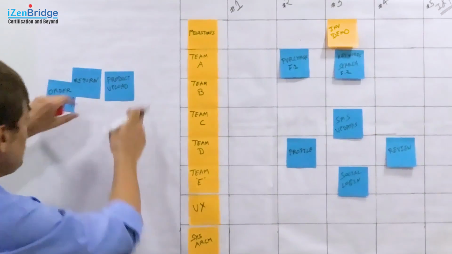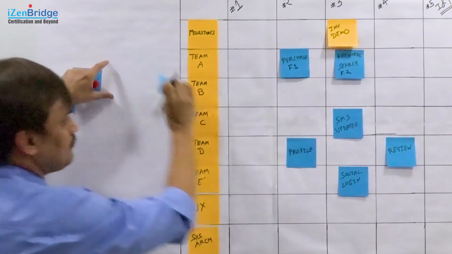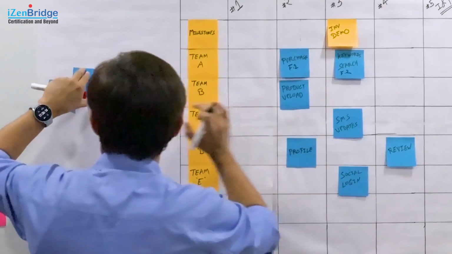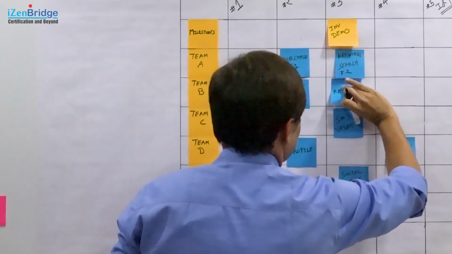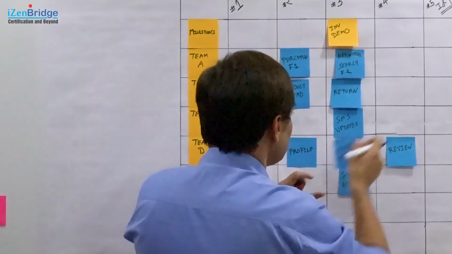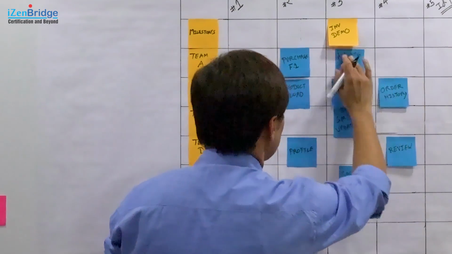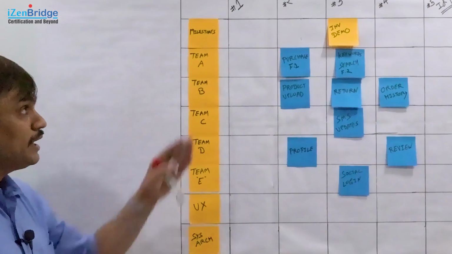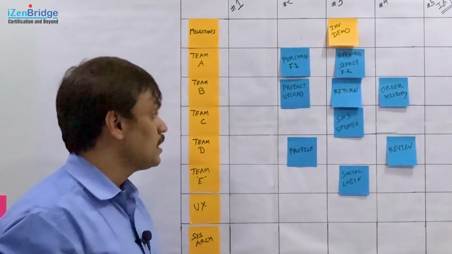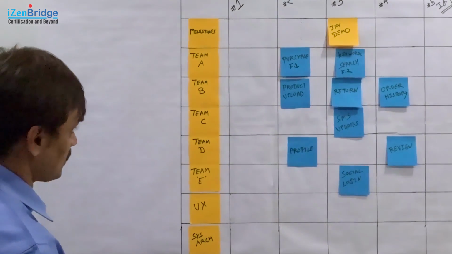So, you put team A; similarly, team B may figure it out when they are doing things, and they may put their features as per the timeline. So, this is one view we get of the various teams and their features which are getting delivered at a particular iteration. Now comes the dependency part.